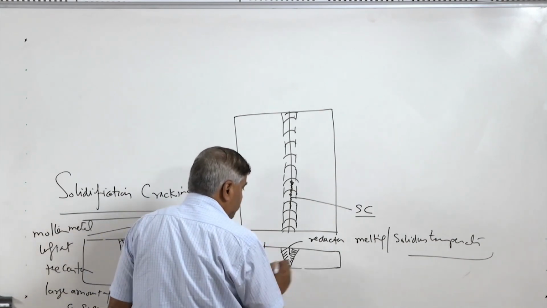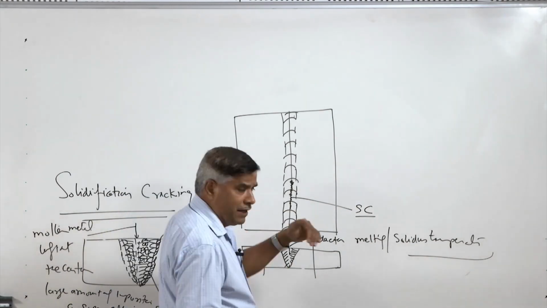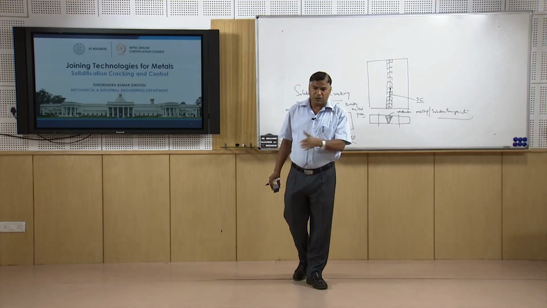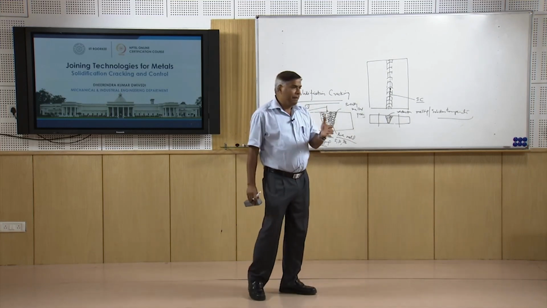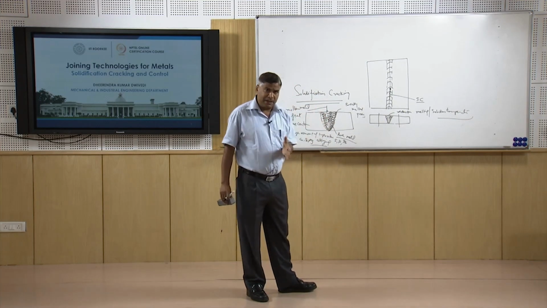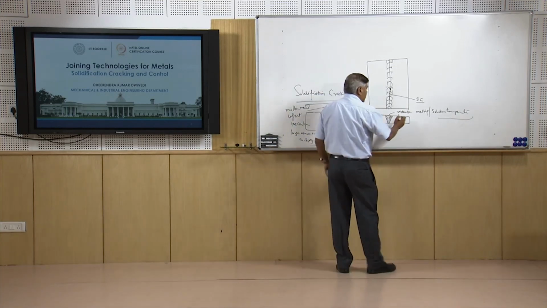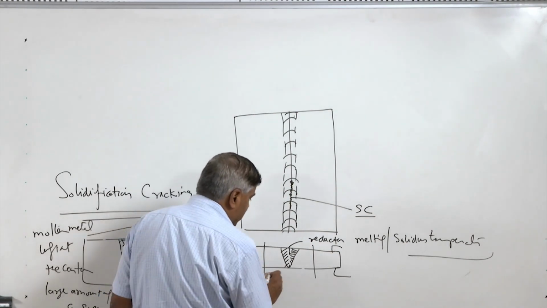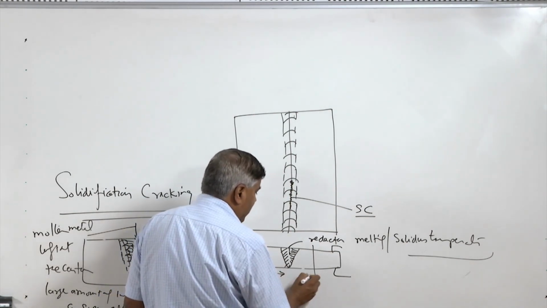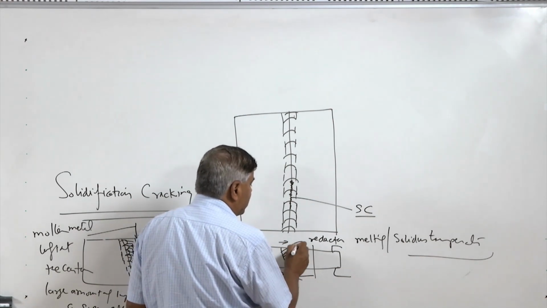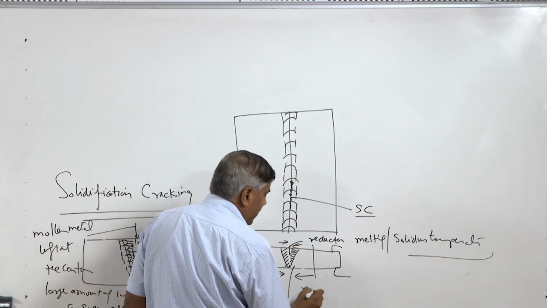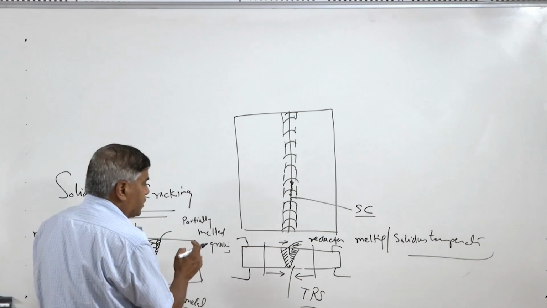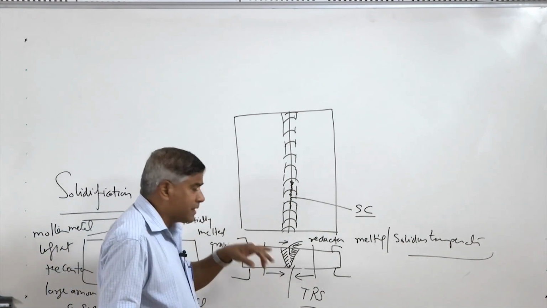So the base metal, which was heated to different temperature values during the welding, and the weld metal, which was brought to the molten state, in the course of the cooling regime of the weld thermal cycle, all these start shrinking, and shrinking under the restraint conditions results in residual stresses. So shrinkage in the heat affected zone and shrinkage in the weld metal all result in the setting of the tensile residual stresses, and these residual stresses will be localized in the center where we